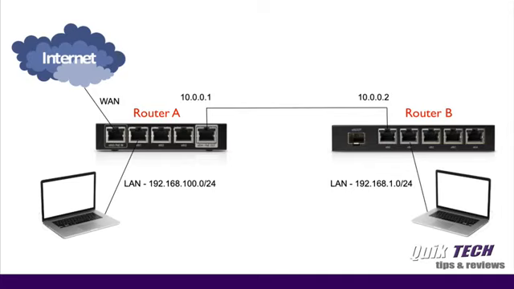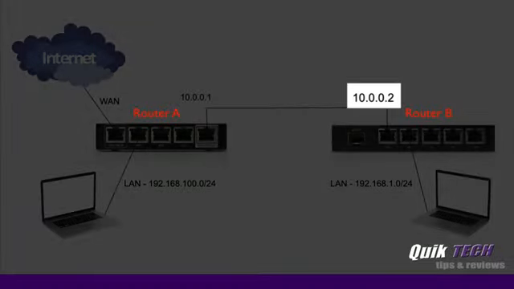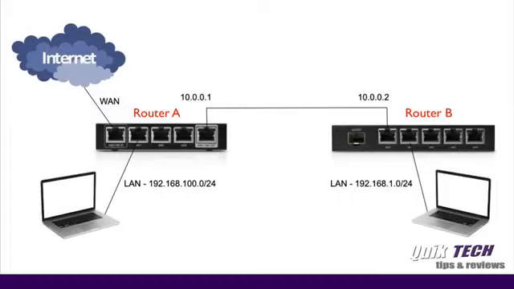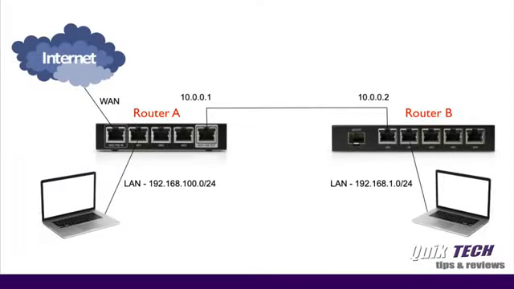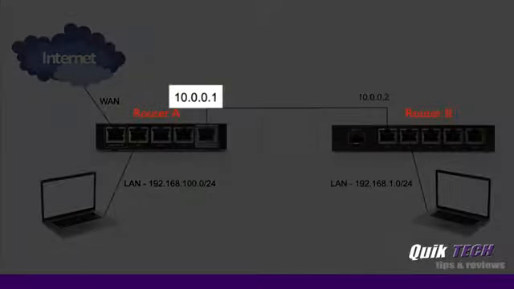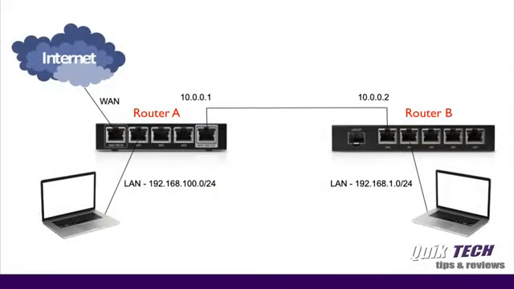Now, when using static routing, the information that you need to know is the next hop gateway address and the destination LAN address. So in this case, for router A, the next hop gateway address would be that of router B, 10.0.0.2, and the destination LAN would be 192.168.1.0/24. In reverse, for router B, the next hop gateway address would be that of router A, 10.0.0.1, and the destination LAN would be